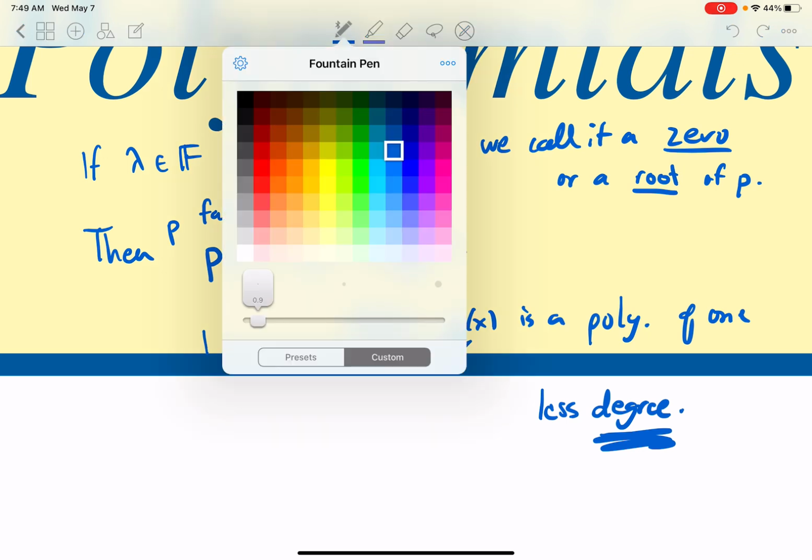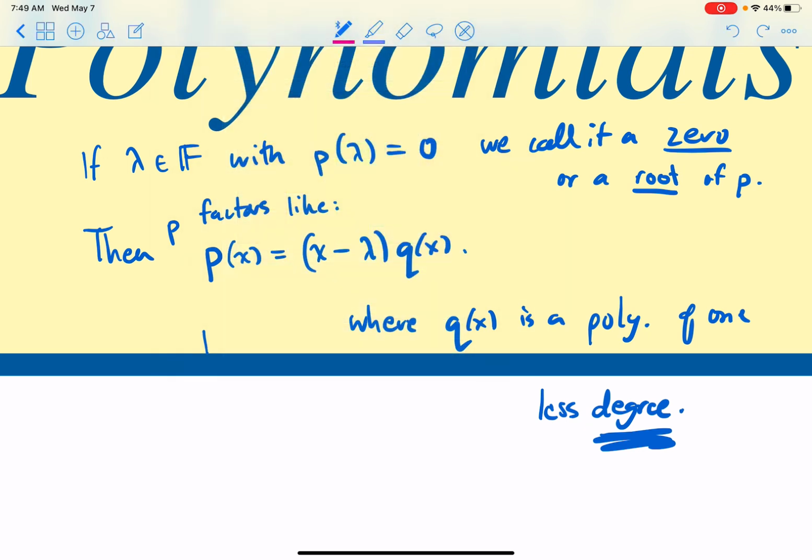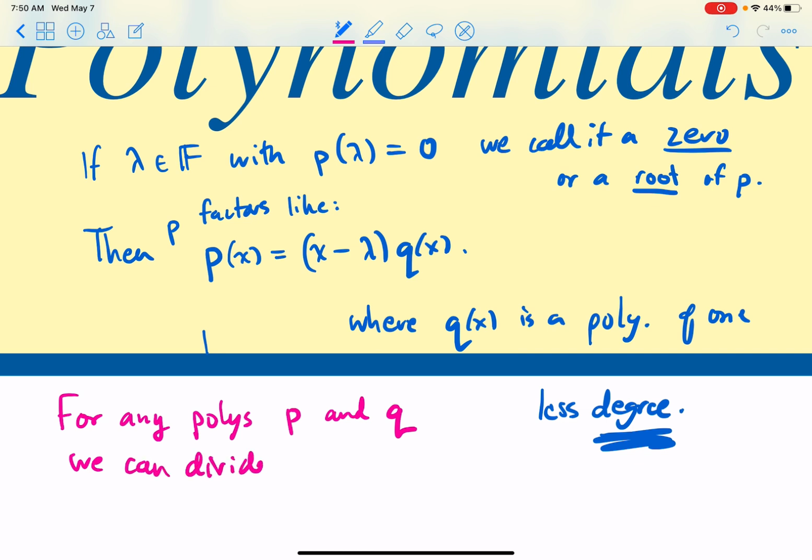Okay, now what's another important result? Another important result is the division algorithm, which looks similar to this. For any polynomials p and q, we can divide. We can divide with remainder. We will use this in proofs, so you need to know this. Don't ignore it. What does that mean? It means that,